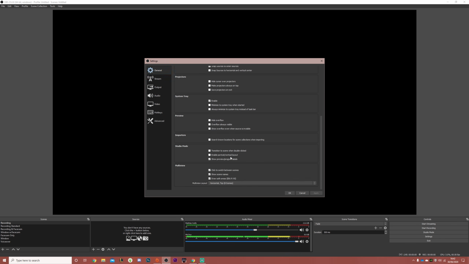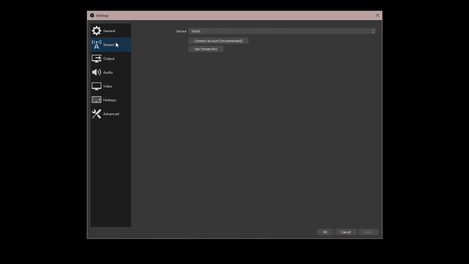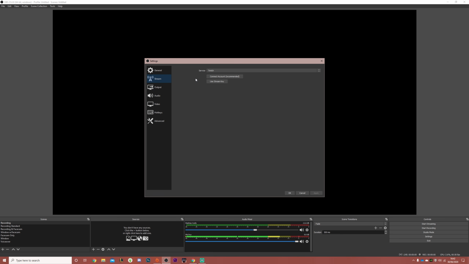This actually stays exactly the same, so we can just skip past this. This is for streaming, which unless you're actually going to be streaming the content or streaming Sims 4, you won't have to worry about this either. For this, we're going to be looking at recording, not streaming, so just go ahead and skip past this one